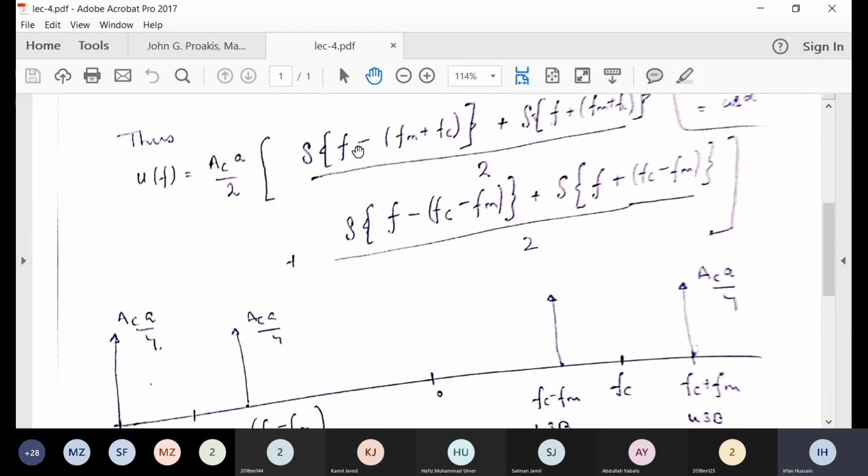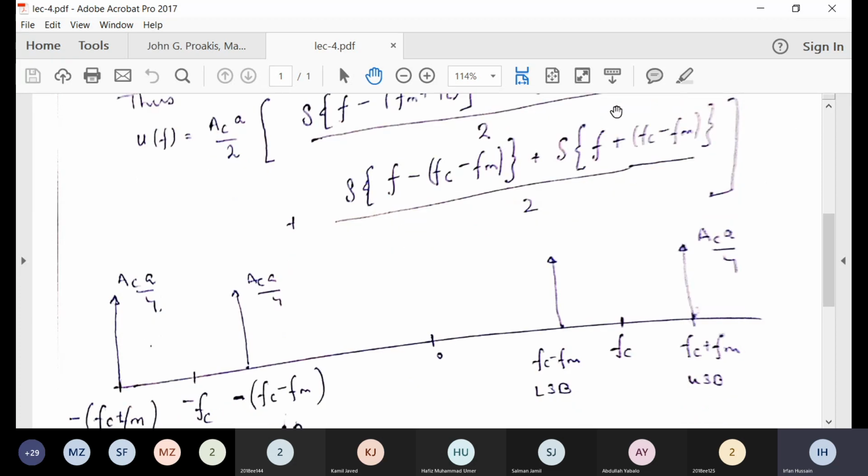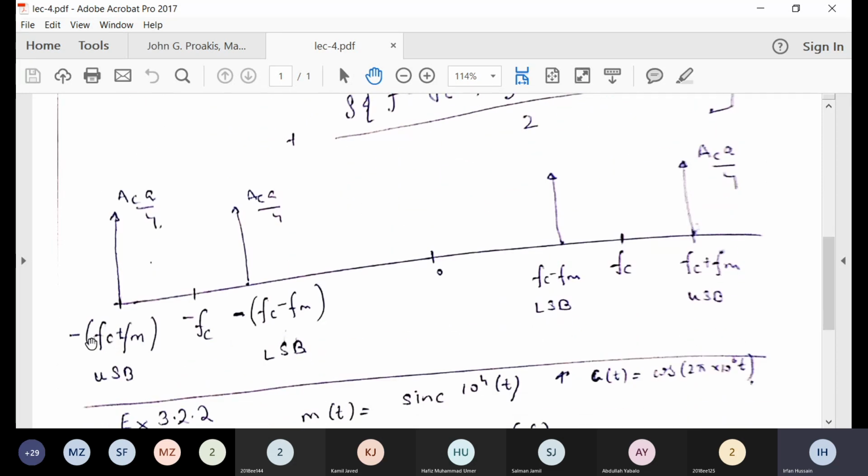these two are after fc, because this is f minus fm plus fc. So the impulse will be at fm plus fc. While this is fm plus fc, but there is a plus, this means this will be shifted, actually at minus fm minus fc. This will be at minus fc minus fm. So this thing and this thing, this is the upper sideband,